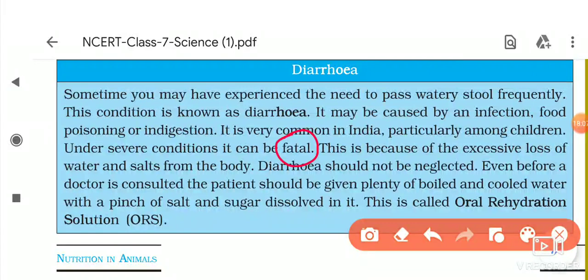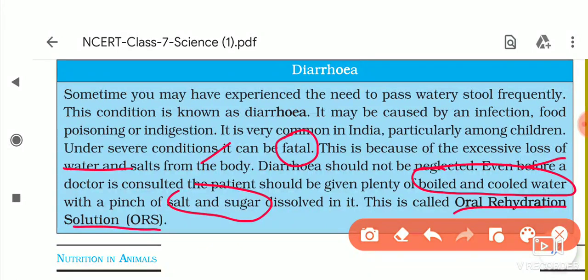This is because of the excessive loss of water and salt from the body. Diarrhea should not be neglected. Even before a doctor is consulted, the patient should be given plenty of boiled and cooled water with a pinch of salt and sugar dissolved in it, and this is called oral dehydration. So why do we give plenty of boiled and cooled water with salt and sugar to the patient suffering diarrhea? Because diarrhea is the condition in which